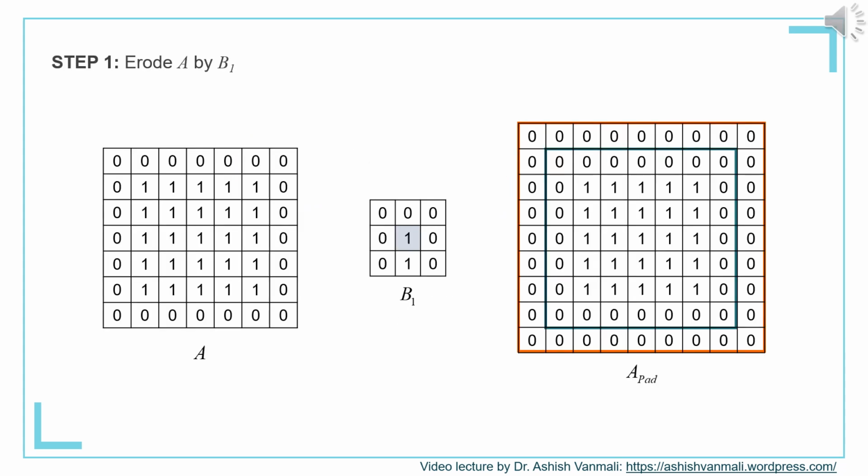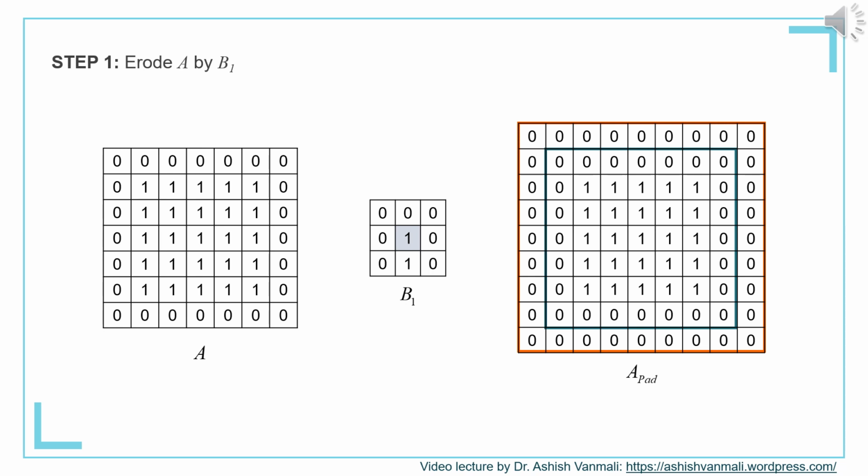Let's start with the step 1, that is to erode A with B1. So in this case you can see figure 1 shows the image A and figure 2 shows the structuring element B1. Now this structuring element B1 is a 3x3 structuring element. They have not given any center as such, but since it is an odd size mask, we can easily find the center. So over here the second row and the second column will be the center for the structuring element. And we are going to now erode A with B1.